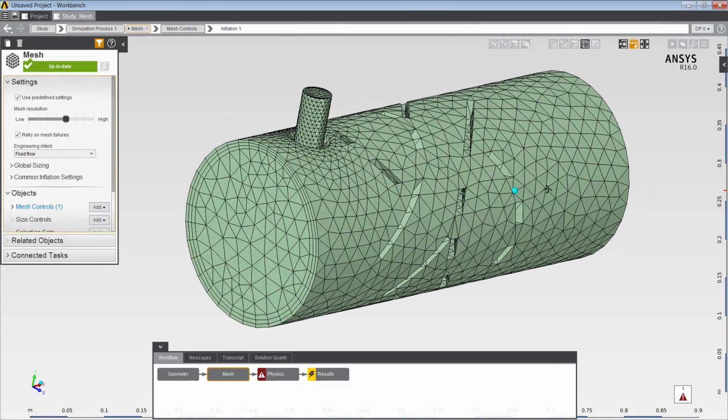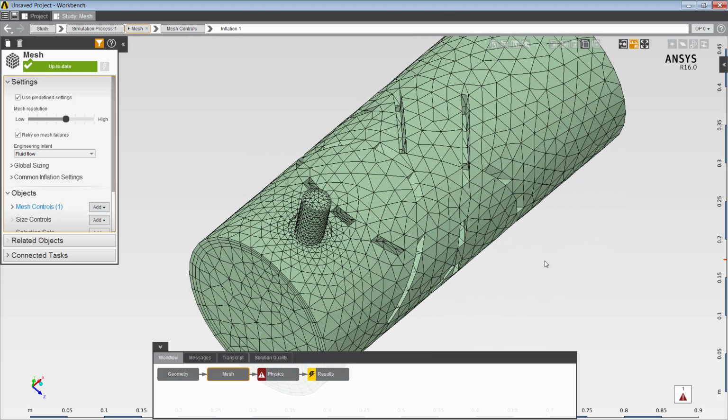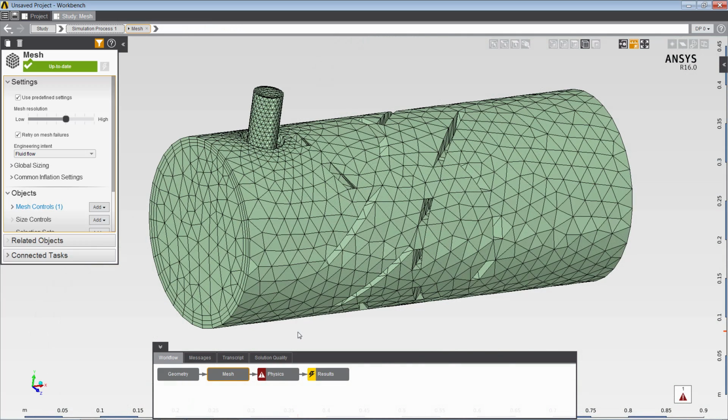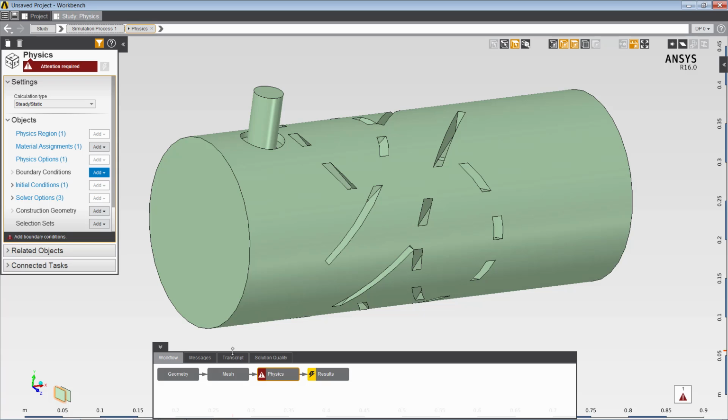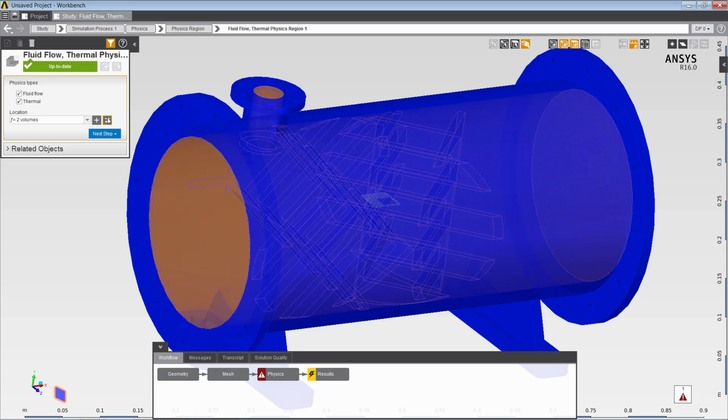Once the mesh is complete, I can review the mesh density before continuing with the problem setup. You'll notice the effect of specifying inflation. There are 3 layers of prism elements adjacent to all of the fluid walls. Next, I'll move to the physics task to continue with the model setup. First, I'll specify the physics region. In my model, I'm only interested in the fluid region, so I'll select the flow volume and apply fluid flow